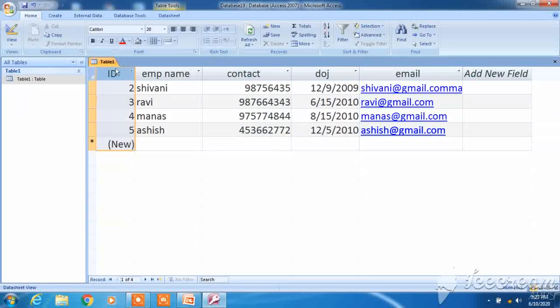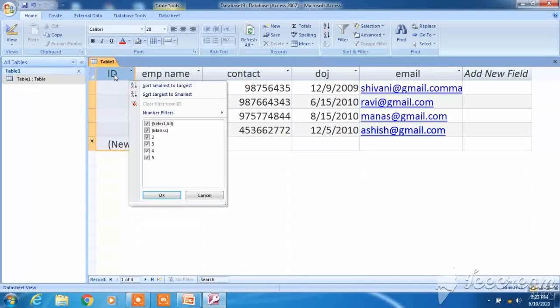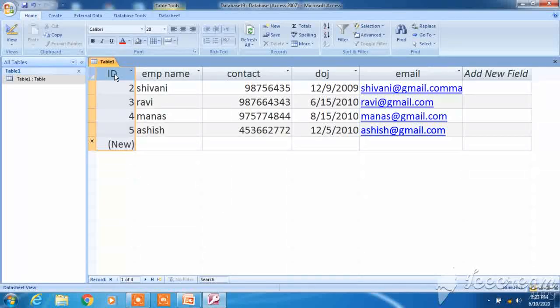Here, the ID number is the primary key. Fine. And all other fields are composite keys. It is very important: primary key and composite key. Any field which is having a unique value is the primary key. There will be no repetitions, and the others are composite keys.